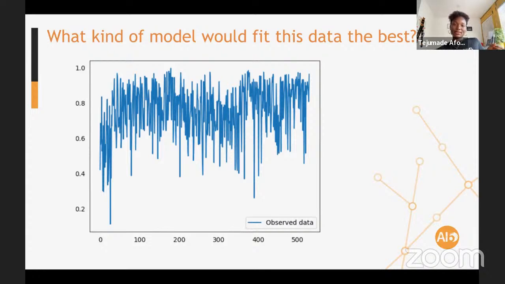It looks like this, and we want to come up with a model, a function, something that helps us to approximate this data in such a way that we can just throw away this data and use that model to predict on new examples. Did anyone know?